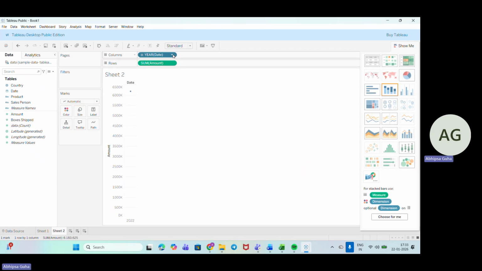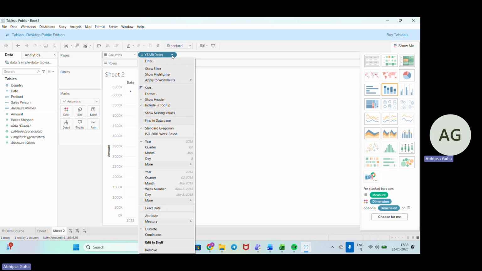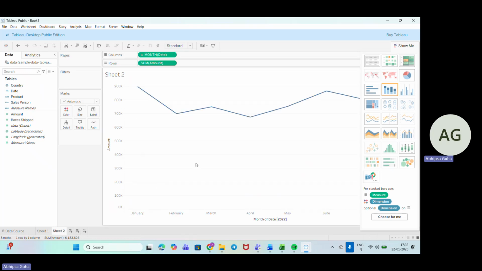Okay. Now here basically what I need, if you are clicking up here, I need months. So month wise, the date we have, the sales trend we have got, and we have got a line chart out here. So that looks fine. So here, if you're hovering over, you will get the idea. This is the month of January 2022.